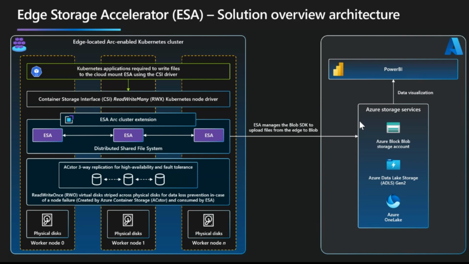You could think about this as similar to something like NFS, but with a local mount type interface. And then below that, we add additional features to show that this is a distributed file system. We've got portions of the system running on each node, and that gives us the ability to weather node failures